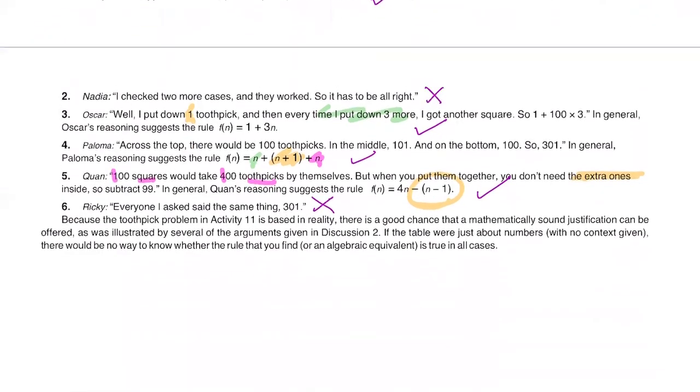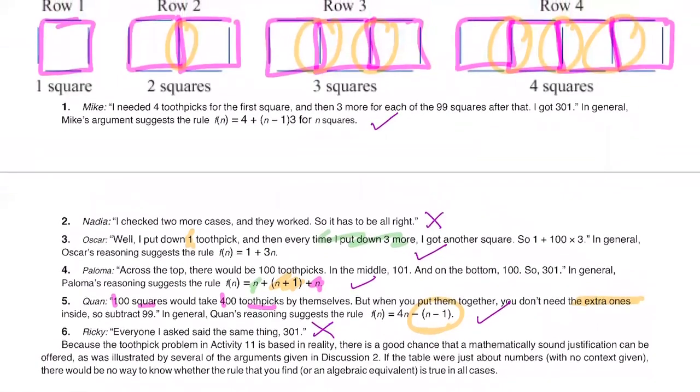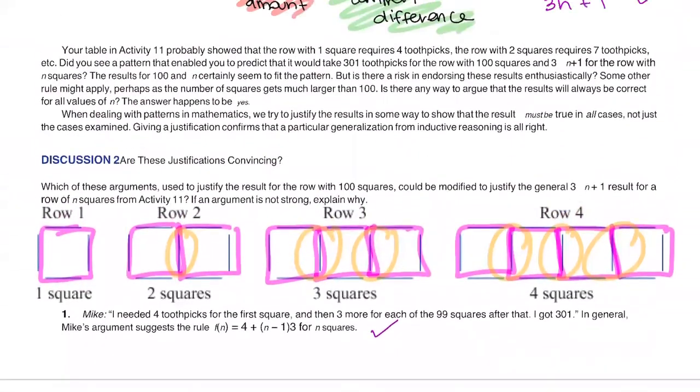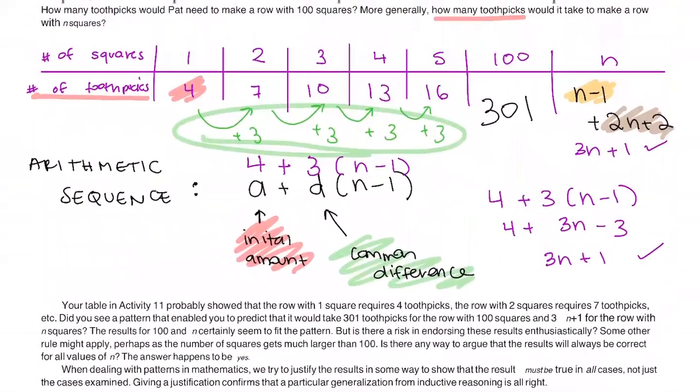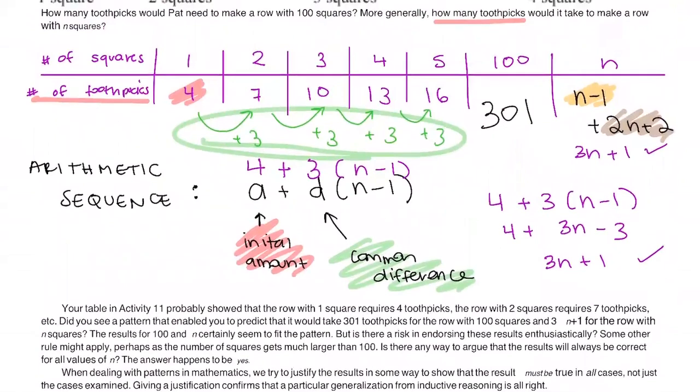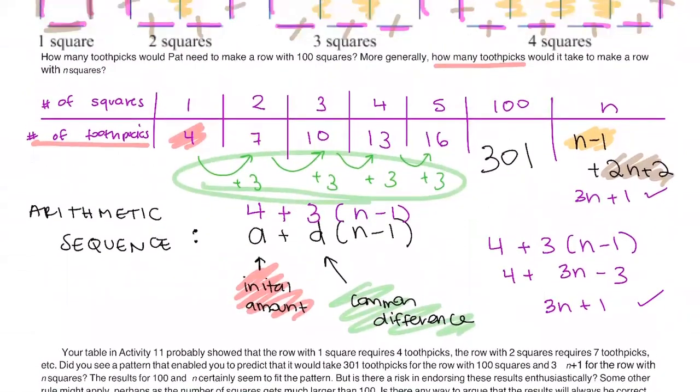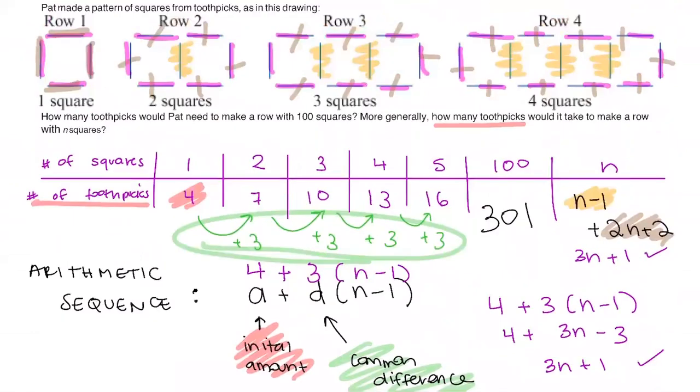I believe that's all we have for this video. Again, we were talking about trying to make patterns and recognizing different rules. We've used intuition, talking about inside toothpicks and outside toothpicks to get the n minus 1 plus 2n plus 2. You can use arithmetic sequence, or as the students showed, there's many more ways of thinking about these different